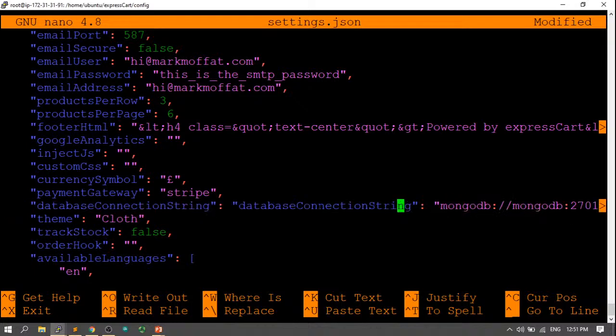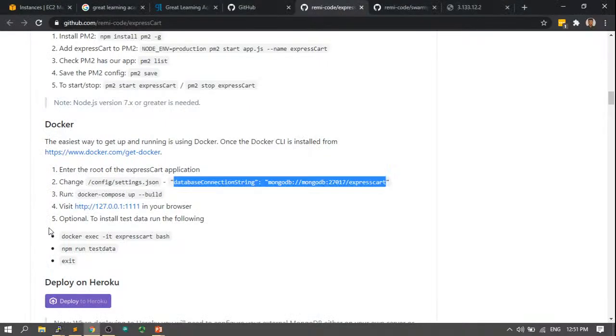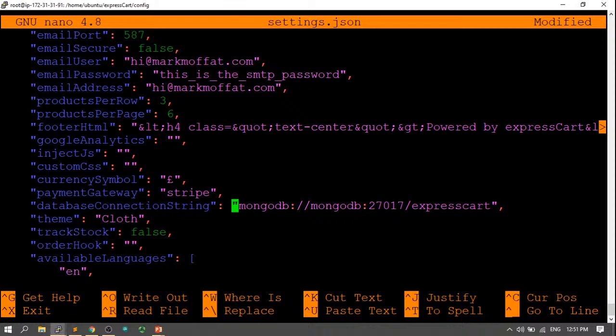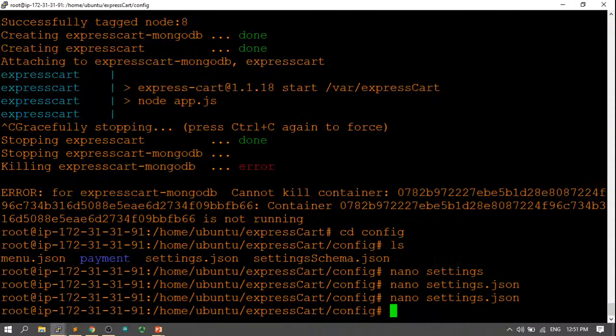All right, so it pasted one extra thing. Let me just go ahead and remove that. All right, so yeah, we have it, right? MongoDB. All right, let me go ahead and save this,